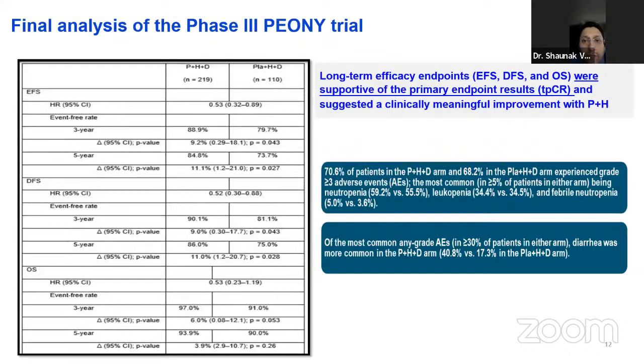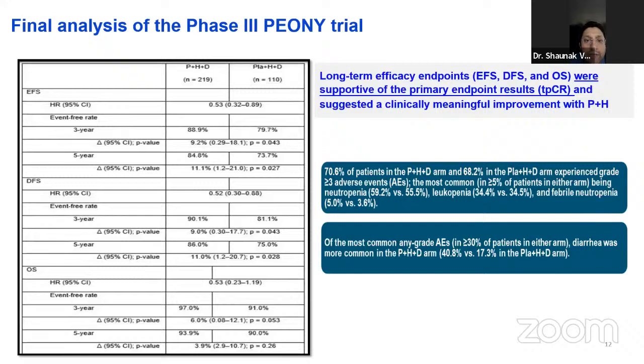Yeah. So there was the PEONY trial that was done, which assessed the long-term efficacy endpoints of EFS, DFS, and OS, which was supportive of the primary endpoint of pCR, and a clinically meaningful benefit with the addition of pertuzumab to trastuzumab was found. More than 70% of patients in the dual HER2 arm and almost 70% of patients in the placebo arm experienced grade 3 or higher adverse events. Most common, at more than 5% in each arm, were neutropenia, leukopenia, and febrile neutropenia. Diarrhea was more common in the